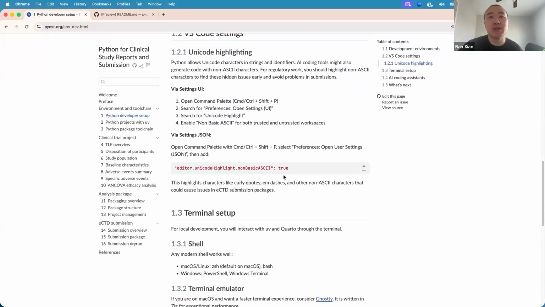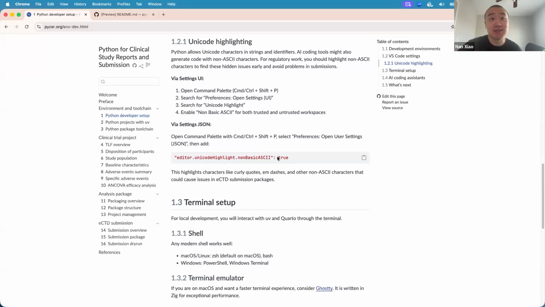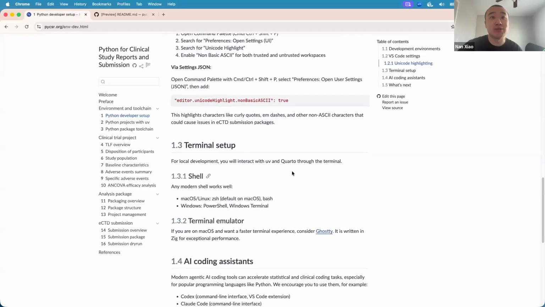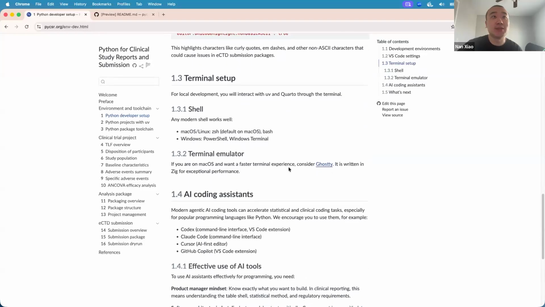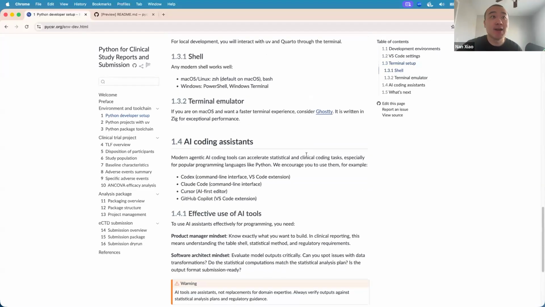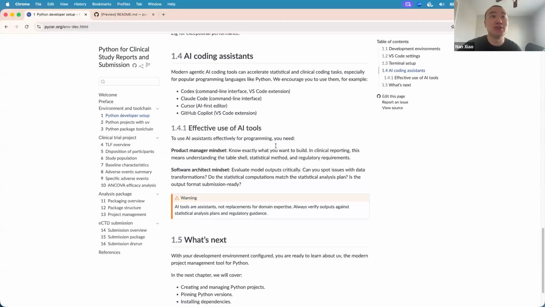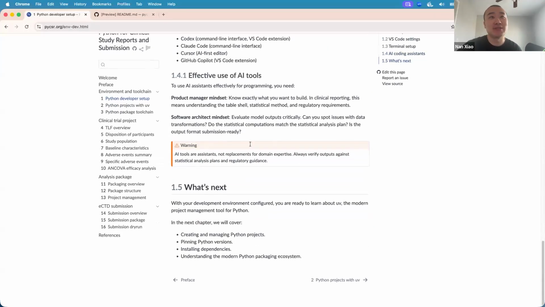Not super important here, but if you want to highlight the non-basic ASCII characters, this is the option you can use in your VS Code user settings. And obviously, we want you to be able to access a terminal because we will be using the command line interfaces a lot. We also encourage you to use AI coding assistants for this purpose and have some pointers in there.